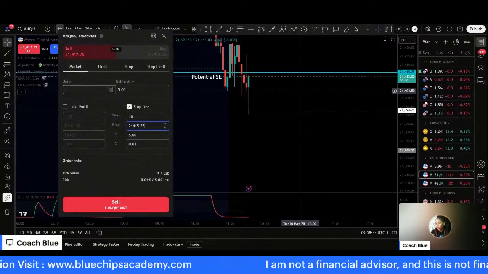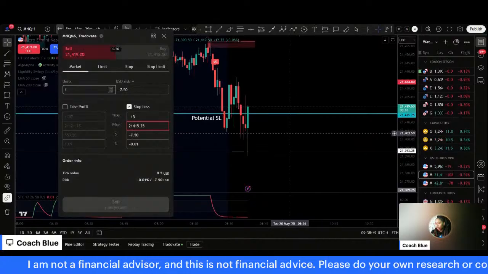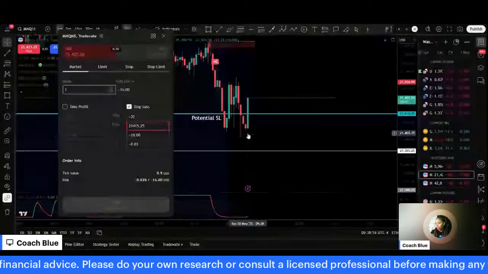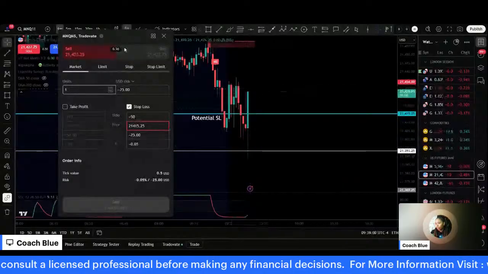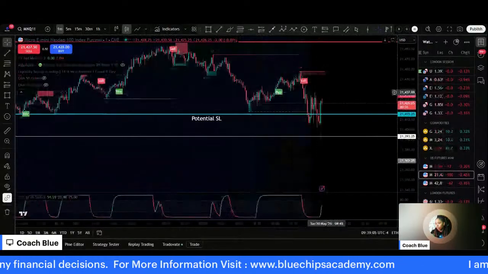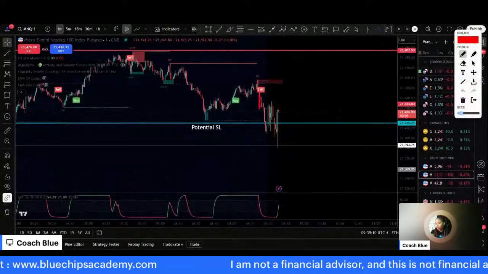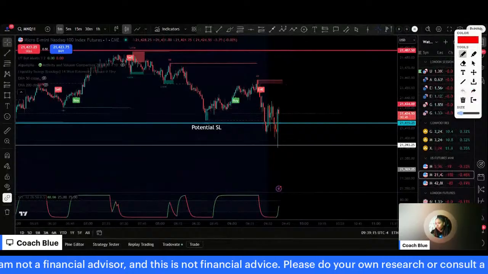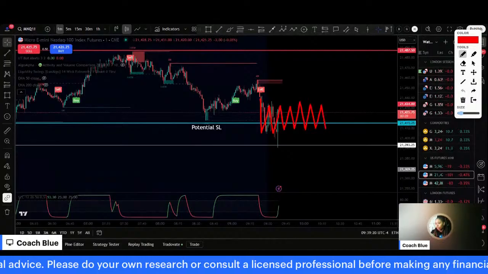Okay. Wow. We got a nice little fake out there. So this is why it's so important to wait, guys. Look at this. This wick came down here and now it's reversing. So that was an extreme fake out there. So let's go look. Because what I'm looking at on the 1 minute is definitely a W. But we'll see. Because what also could be happening is I see a W here, right, to push to the upside. But what could also be happening is that we could be doing this right here.